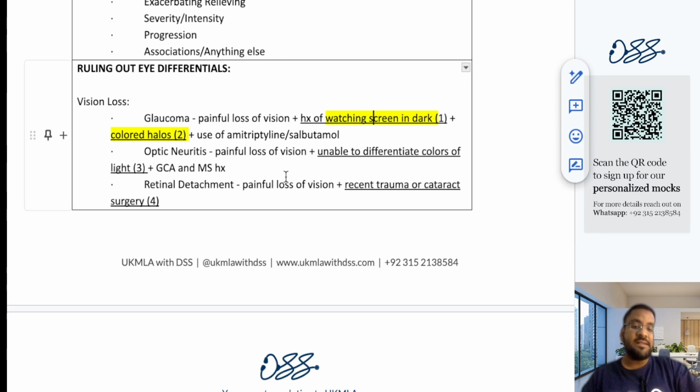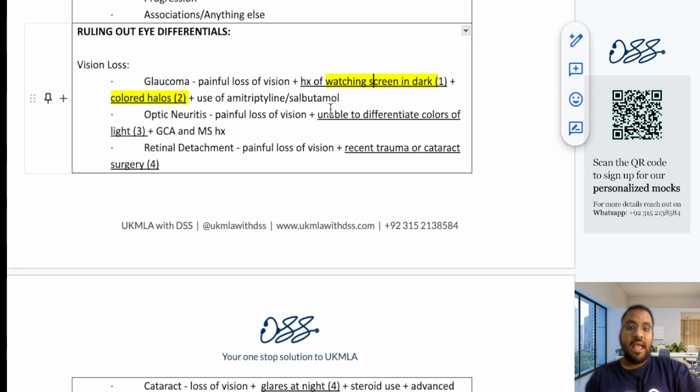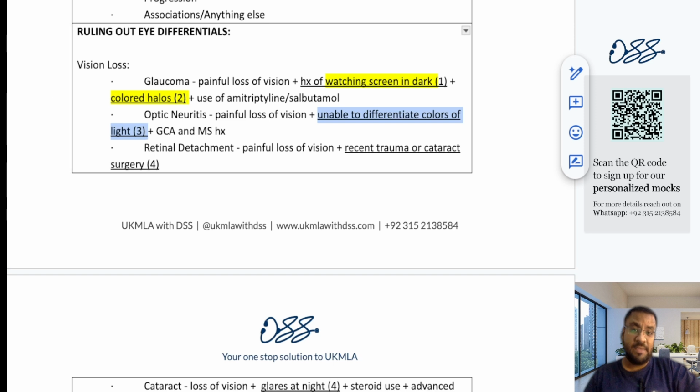Then the other differential is optic neuritis. How are you going to ask about that? If there is a painful loss of vision, then you ask this particular question: are you able to differentiate the different colors? For example, are you able to differentiate the colors of the traffic signal, red, green and yellow? Are you able to appreciate two different colors, that this is orange and this is white? If somebody is not able to do that,